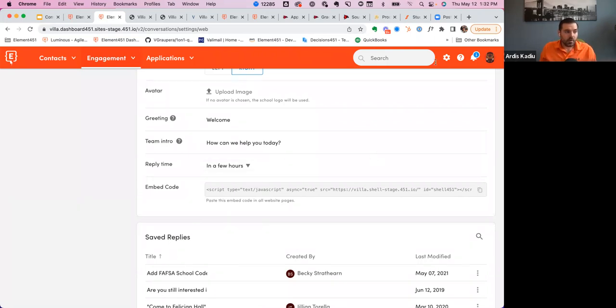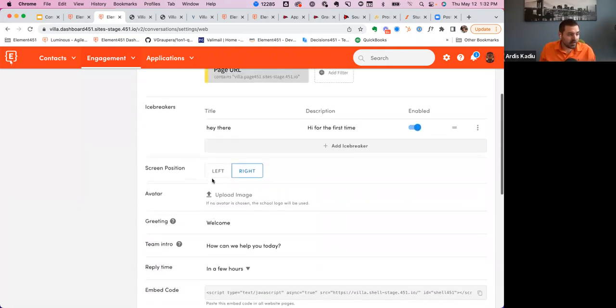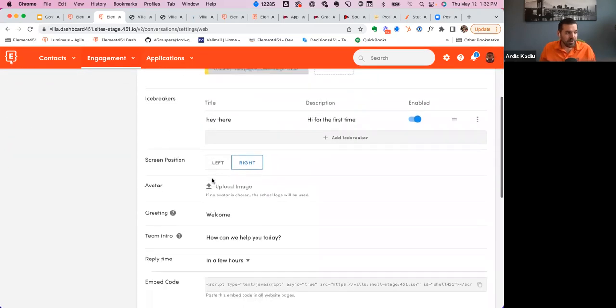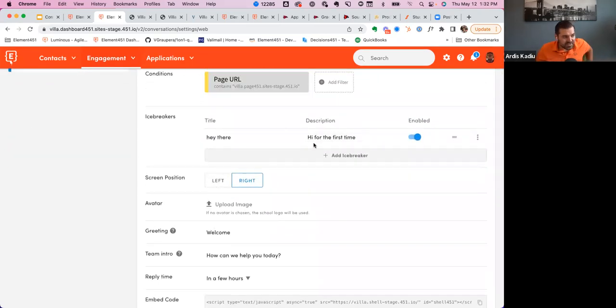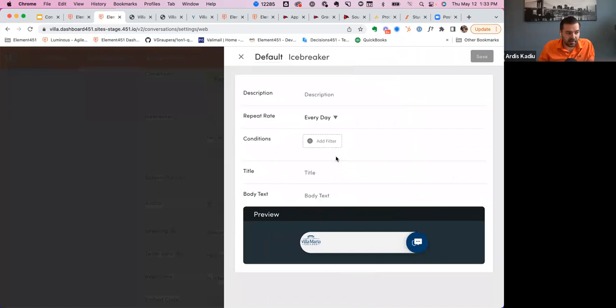All right, so as we kind of take a look at the icebreakers, this is probably one of the more exciting features, because it gives you a kind of a taste or introduction into messaging anonymous users on your website based on their context, right? So in this case, I can add an icebreaker, and the way this looks, it's very similar to this. I can say, show it every day, right?